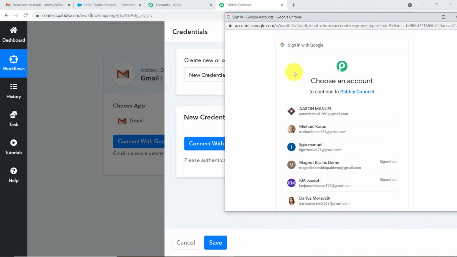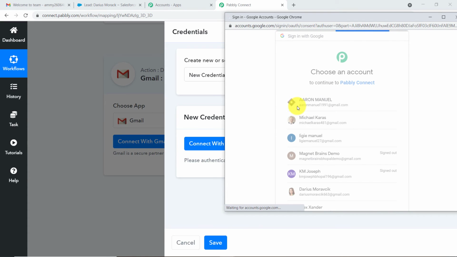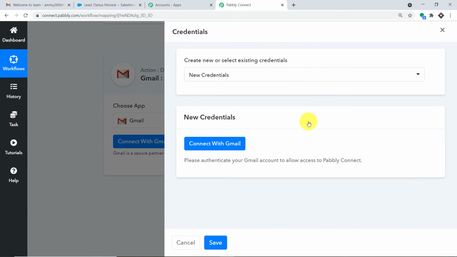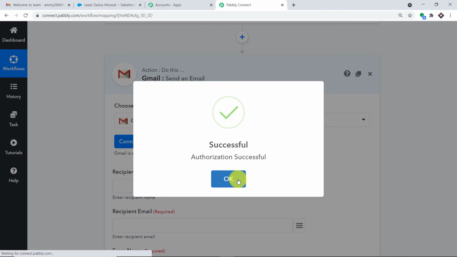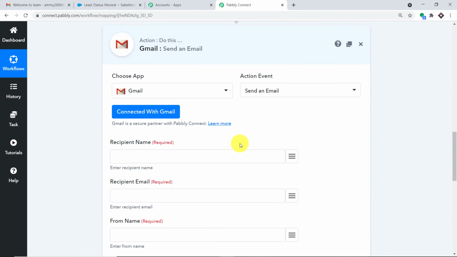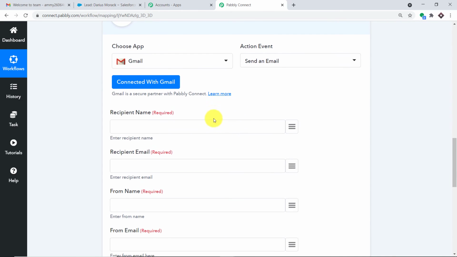Okay, so as you can see, we do have a series of Gmail accounts. I'm interested in sending the email from my email account, so I'm selecting my email account. Before I click on allow, of course you know the drill that we don't take any chances with your data. So let me click on allow on the basis of that trust. Authorization is successful, just press OK. As you can see, a set of blanks has appeared in front of you. The purpose of these blanks is very simple. We are going to create a message in Gmail from the data that we have received from Salesforce via Pabbly Connect. And of course, we will be sending that email.